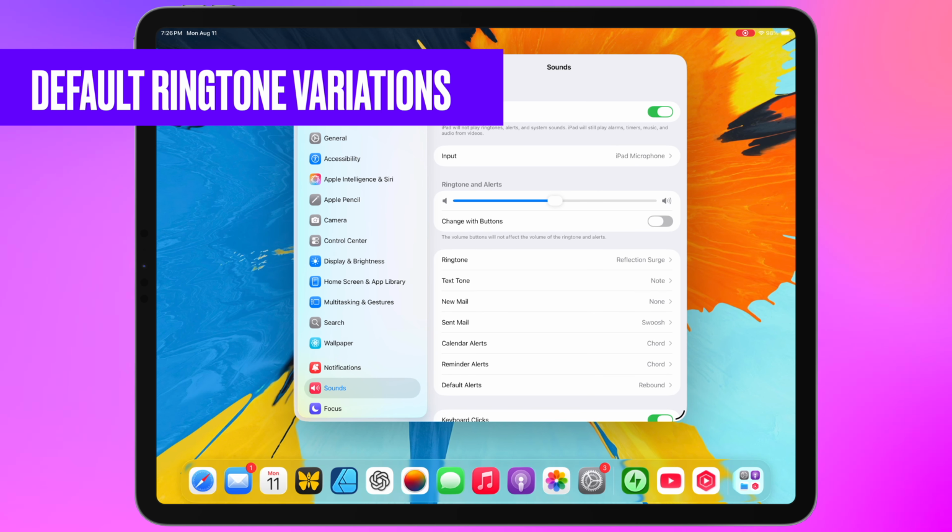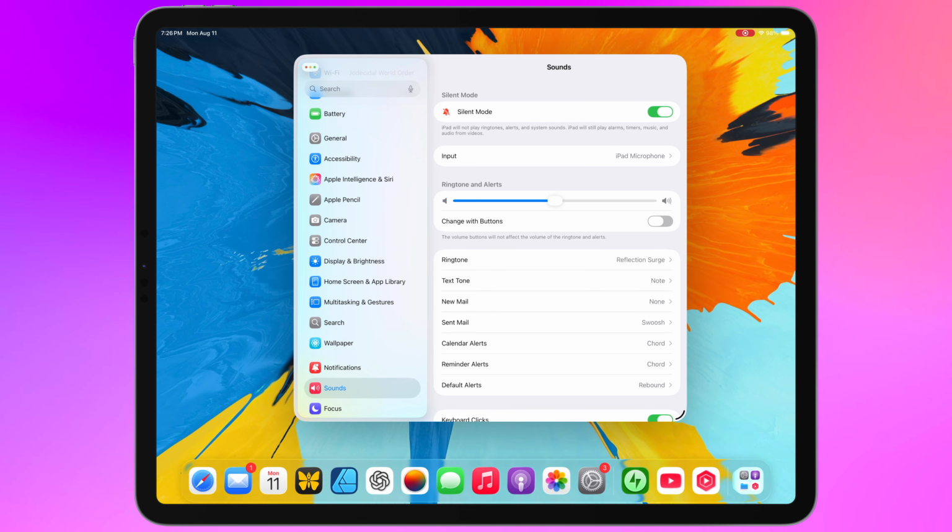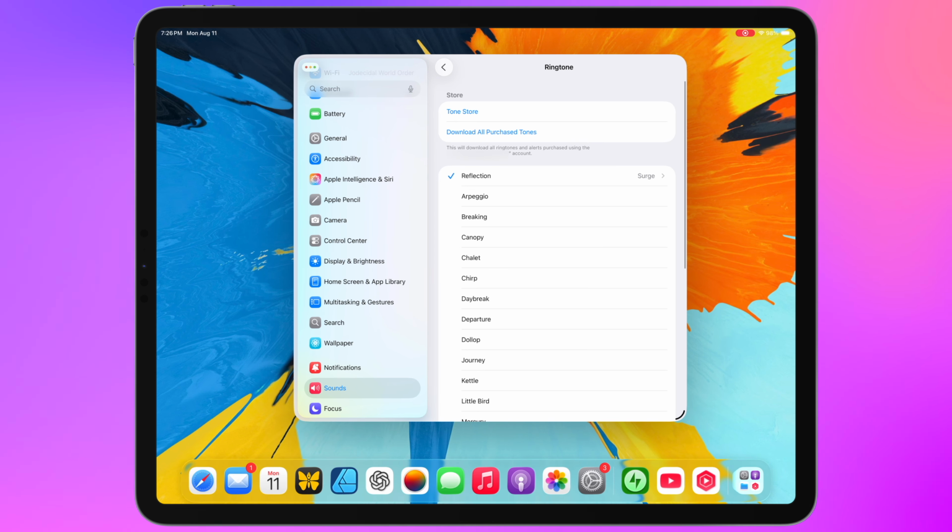You probably don't think a lot about ringtones on iPadOS, but we do usually get the new ones when they come to iOS. In this case, when you update to Beta 6, Apple has included some different variations on the default ringtone. So if you go into Settings and then Sounds and then tap on Ringtone, and then tap on Reflection at the top, which is that default, it kind of accordions down here, and you'll see we have this nested list of different tones that are reflection, but in a different style. So walking through them real quick, we've got default,